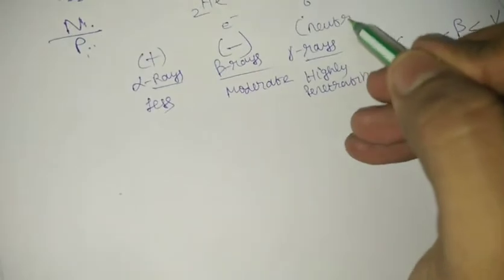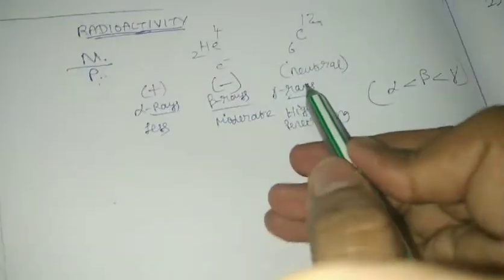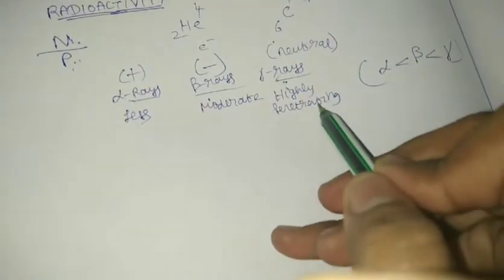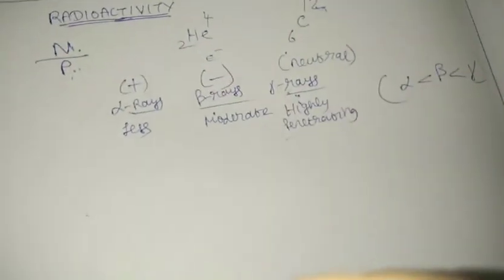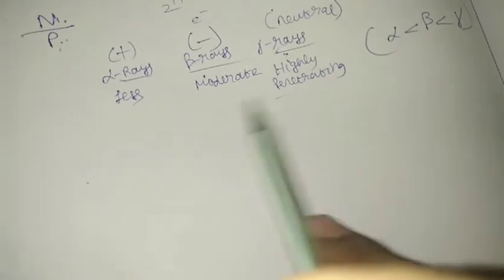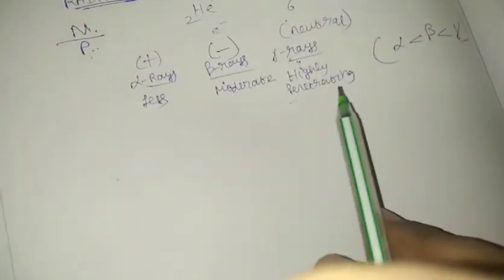You need not worry if you don't understand, I'm just giving you some idea. Alpha rays means it would emit in the form of helium 2 plus nuclei. Beta rays means it would emit electrons. Gamma rays are neutral radiations. It is highly energetic. If it has high penetrating power, it should be highly energetic, right? That's obvious. And the mass of this is negligible, and these have some definite mass.